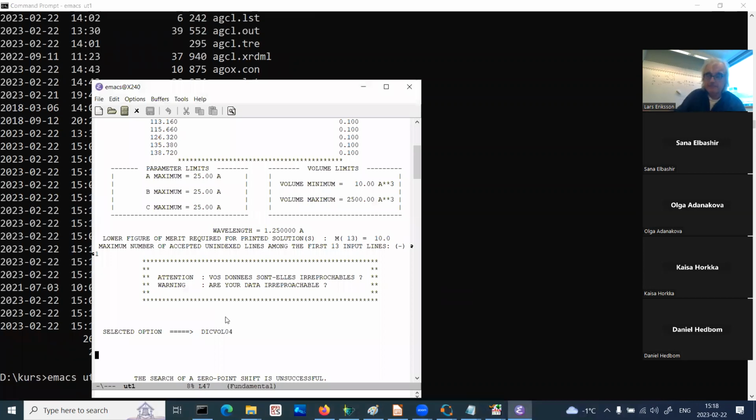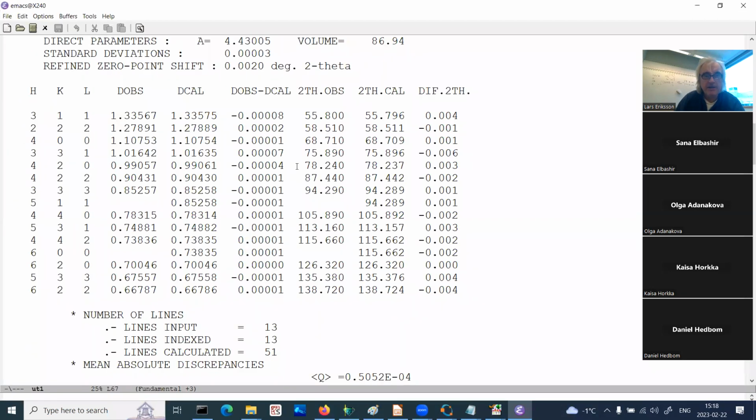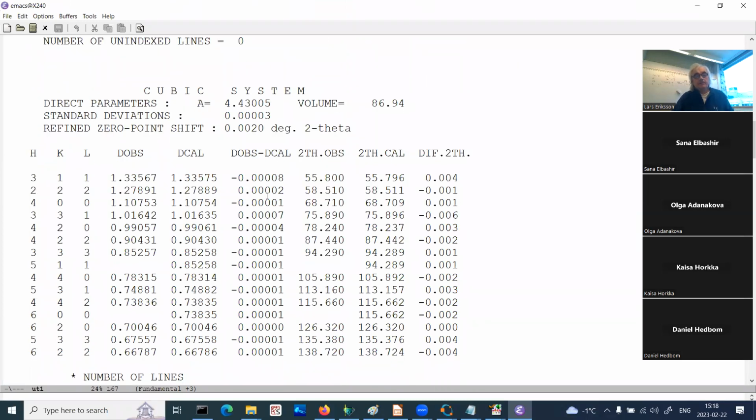A French program, from University of Rennes. Yeah, it did. Cubic system, 4.43. Or at least that is a unit cell at least. Free. So this is